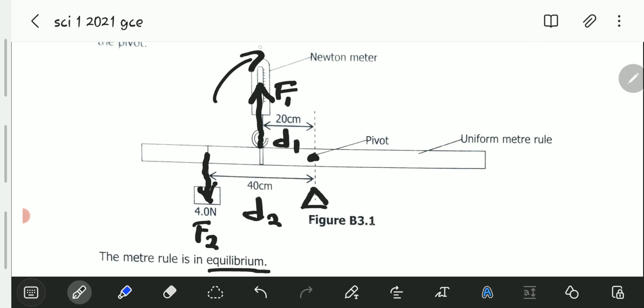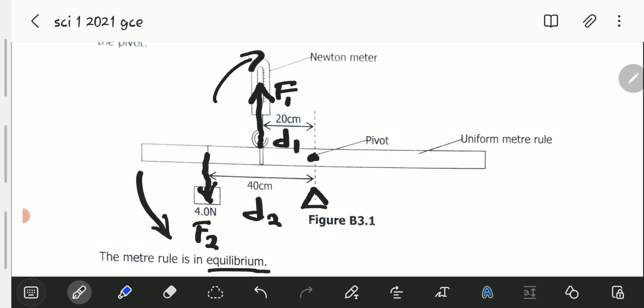meter, because clockwise it should cause the object to turn in the same direction as the hands in a clock, while anti-clockwise, which is the 4 Newton force, it causes the meter rule to turn in the opposite direction to the hands in a clock. So we have clockwise moment by the Newton meter, anti-clockwise moment by the 4 Newton force. So we only have two